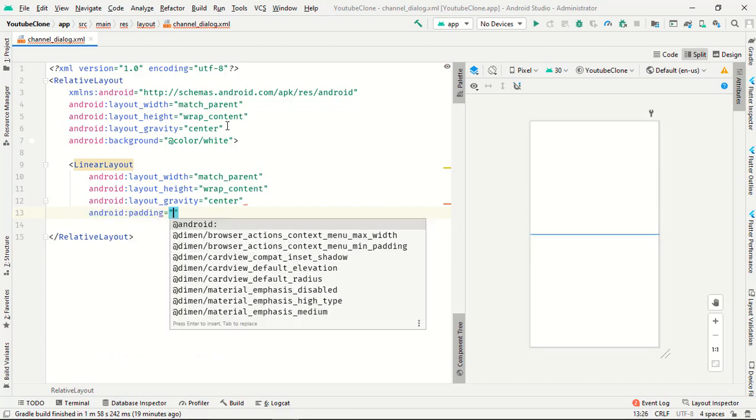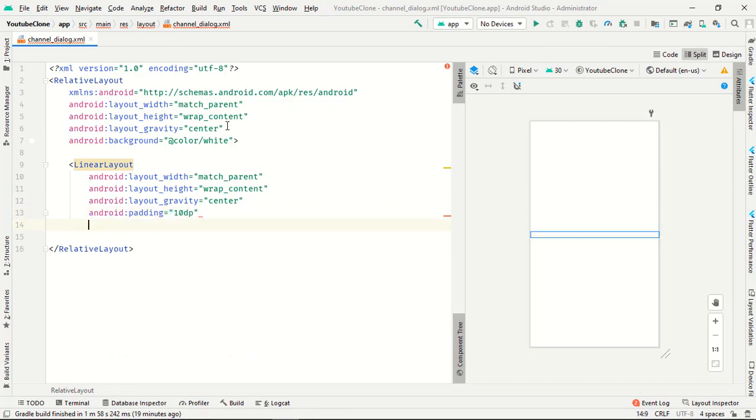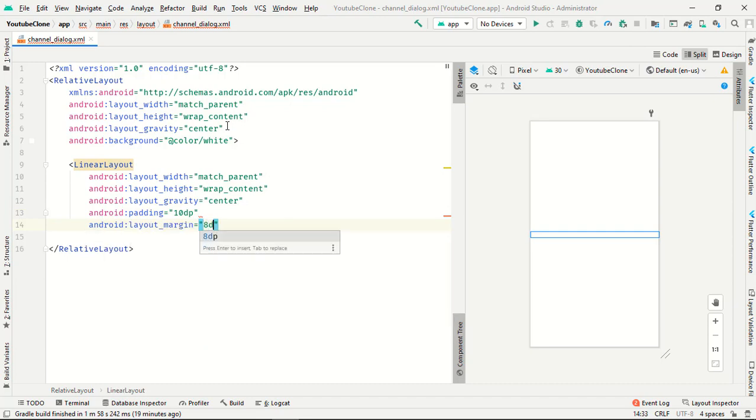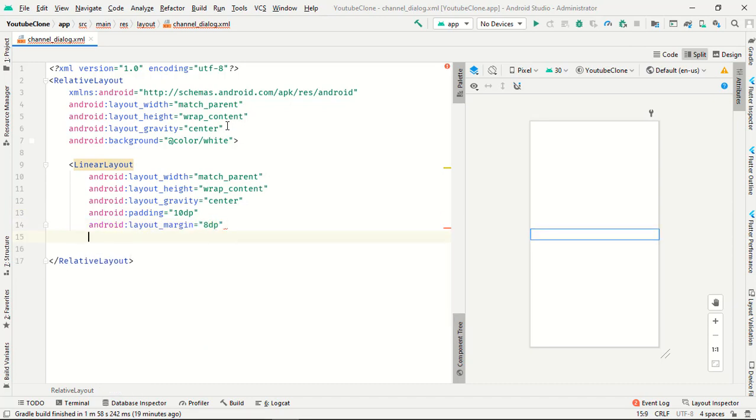Now padding is 10 dp, margin is 8 dp and orientation is vertical.